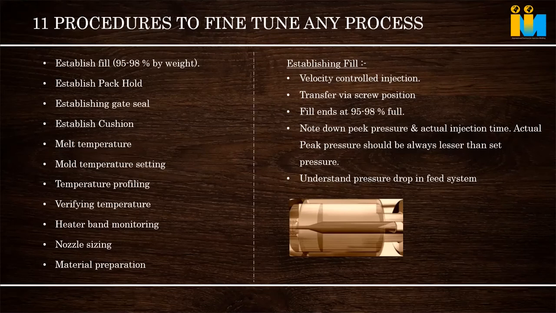Whenever we set a pressure in the machine, say I kept 100 MPa, the machines are closed loop. Based on the flow and whatever is taken, there is a transducer that sends the reading back to the machine. I given 100, it is taking 80 MPa. Or I given 100, it is taking 120 MPa. It's extra, it's not flowing at all. It means there is a restriction. So from the machine we can read that, and based on that we can do the correction.